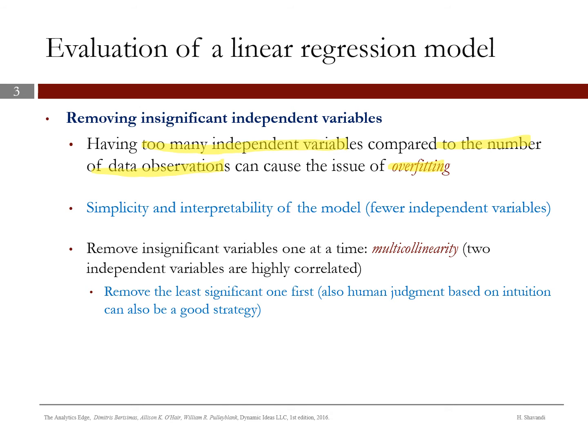If we have a very large set of observations, I mean the number of data observations is much more than the number of independent variables, then in that case, we shouldn't be worried about the issue of overfitting. Even if we don't remove the insignificant independent variables, again, we won't have the issue of overfitting. So overfitting will most likely occur in the case that we have too many independent variables compared to the number of data observations. So this is why it's better to remove the insignificant